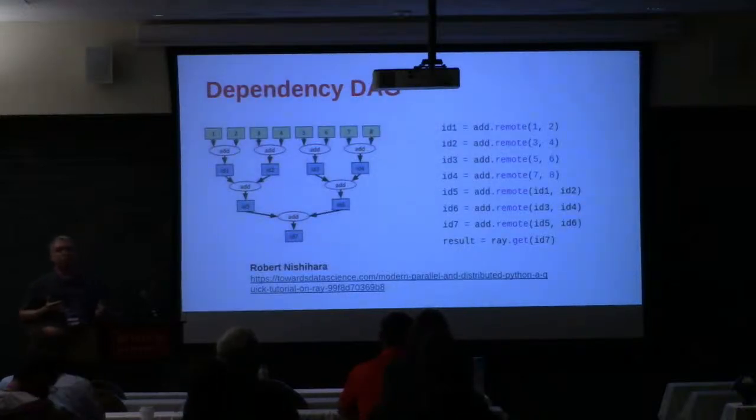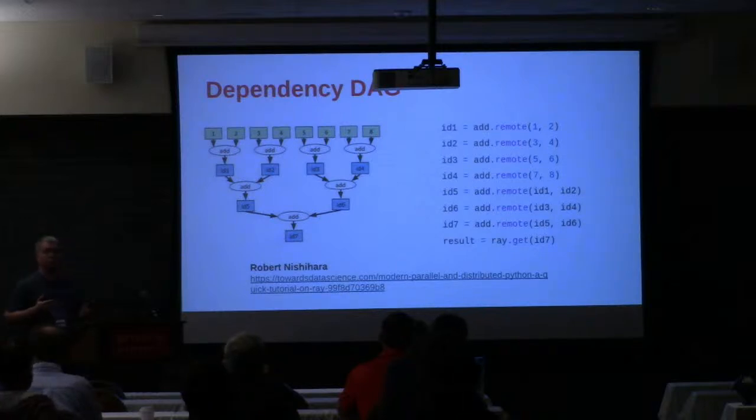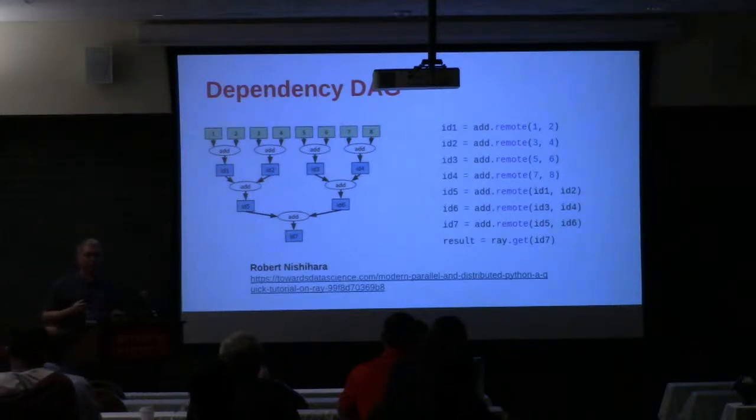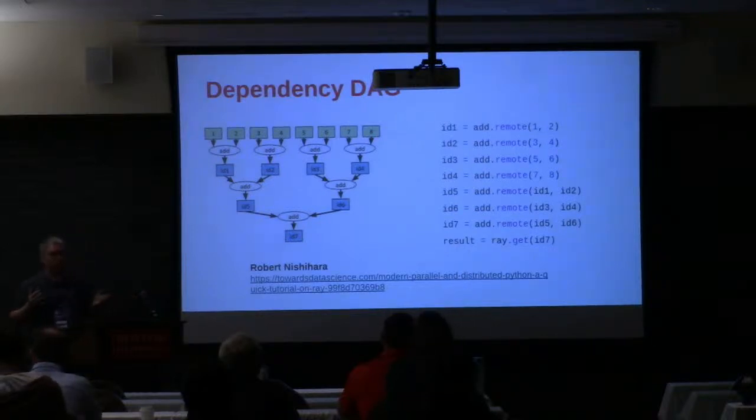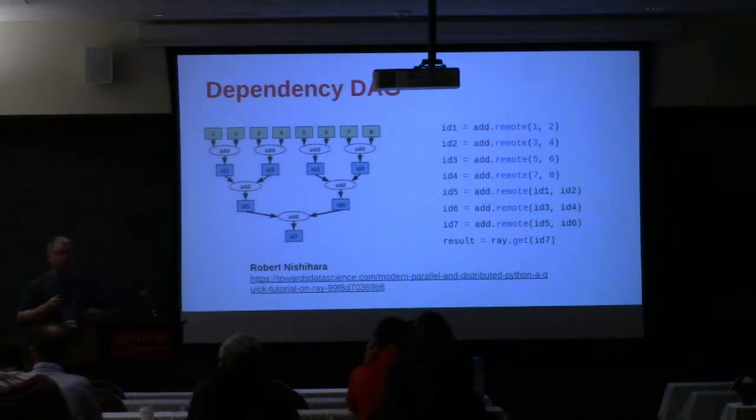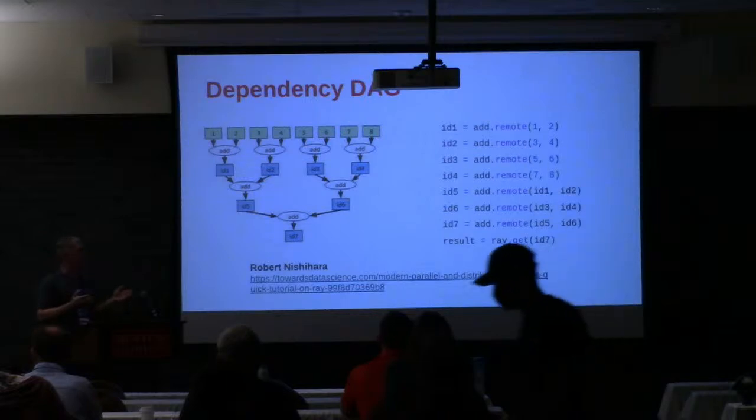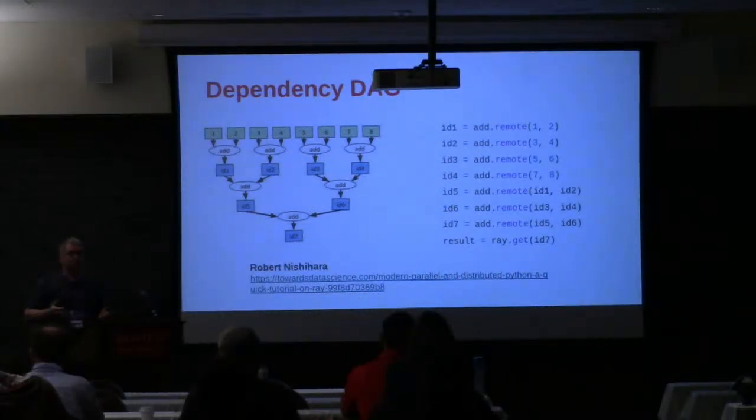So if you've ever worked with something like Apache Spark, that's probably familiar to you. It represents all of its computations as a declarative DAG. By declarative, what I mean is you build up the computation with calls, but it doesn't execute until you actually tell it to. So here you can see we're building up a little tree that is going to add up a bunch of integers, the most over-engineered summation of integers you may ever see. But basically saying, hey, I'd like you to set up a compute where you add integers 1 and 2,